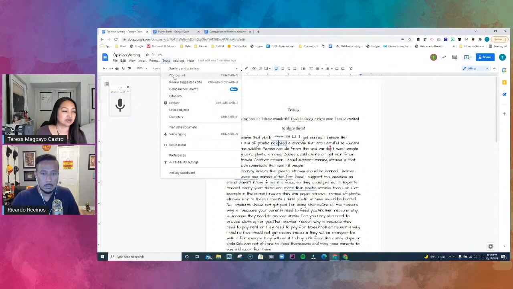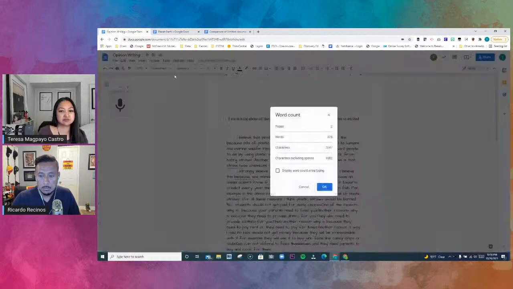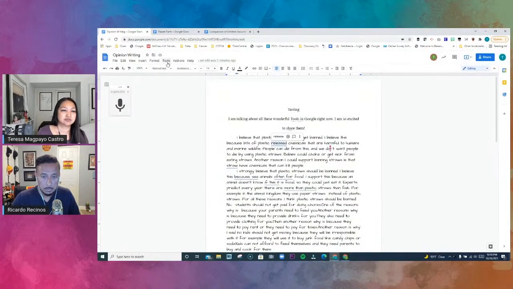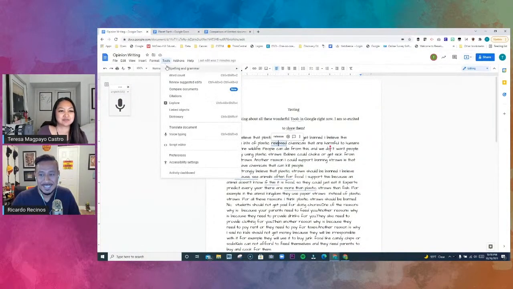You could do a word count. I know there's a lot of times when maybe you want to limit how long or how short a certain piece should be. You don't want to dwell on the word count, but you could. You would press the word count, and then it tells you all of this information. We don't want the kids to be fixated there, right? But it's a good tool as well. Okay.